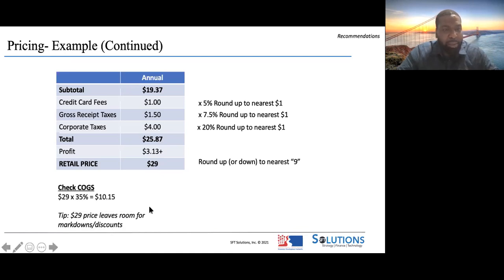The last thing I did real quick here was check the profit margin, the gross margin percentage. I don't think a healthy business can survive without a gross margin percentage of 65% or more. So basically the cost of the good that you're selling can be no more than 35% of the final price. That's another recommendation.